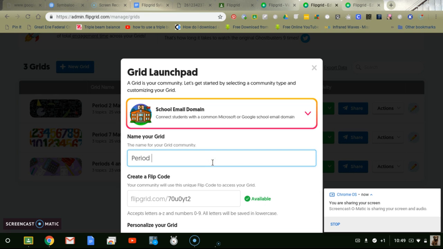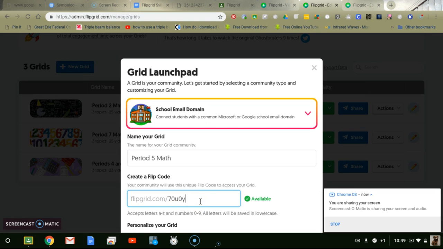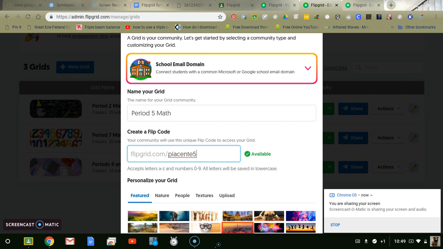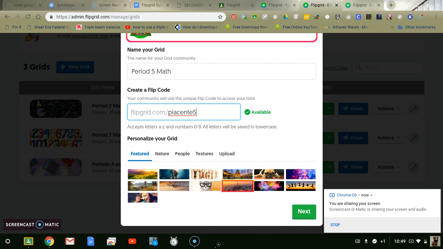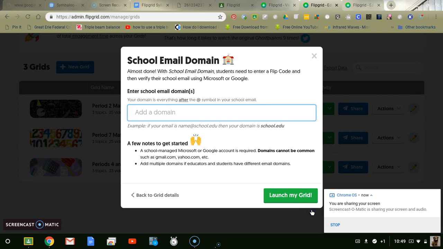Now let's say I teach a period 5 math. So I title it. Now the code can be something funky like this, but you are able to change it. What I like to do is change it to PSNT 5 because it's period 5. You can change it to whatever else you want. And then there's all these different backgrounds that you can choose. There's people, there's nature, or you can upload your own, which I ended up uploading math backgrounds. Let's say we want the jellyfish. You click next,